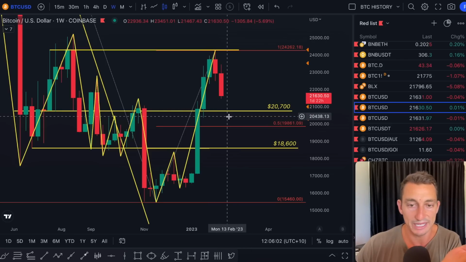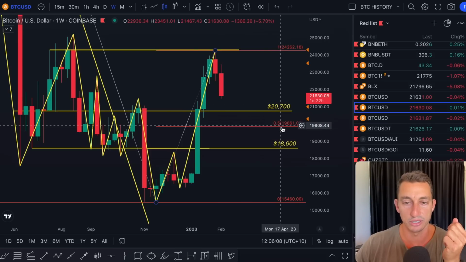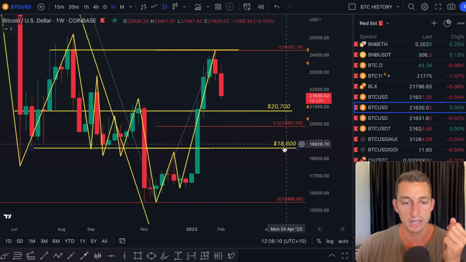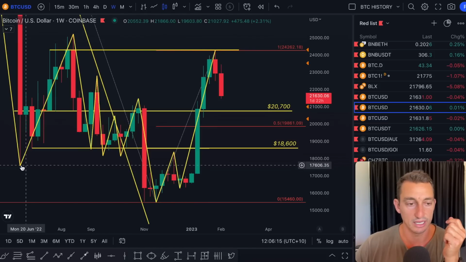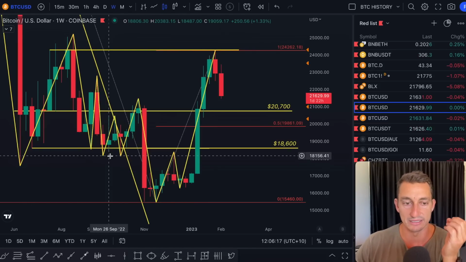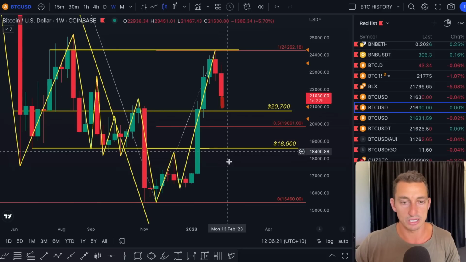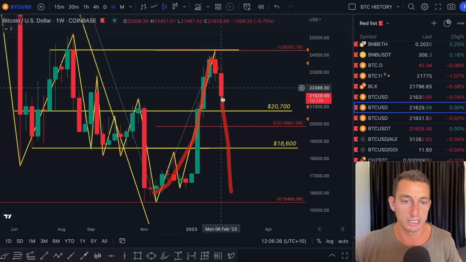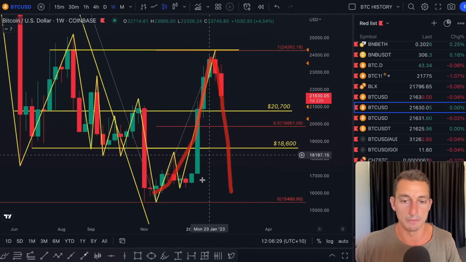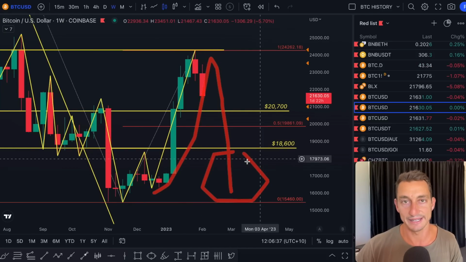Going back to Bitcoin, these are the key levels that I'm looking out for in terms of dips: 20,700, 19,800, and then we don't really want to see the market go any lower than around 18,600. And if you really want to get that far down, probably these lows here at around $18,000. If it does go lower than this point, the structure changes, and this is no longer the start of a bull market, that first higher swing low. We basically drop back into this zone. So the bears hoping for $10,000, $12,000, $14,000 Bitcoin must see the market go under $18,000.